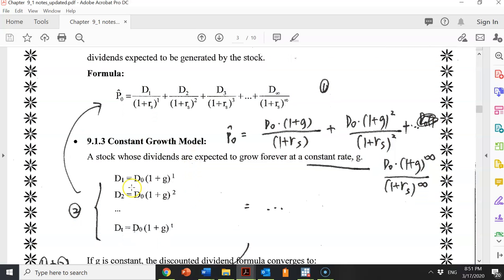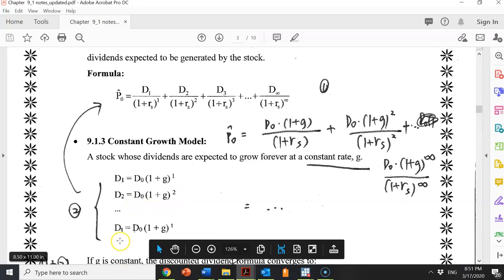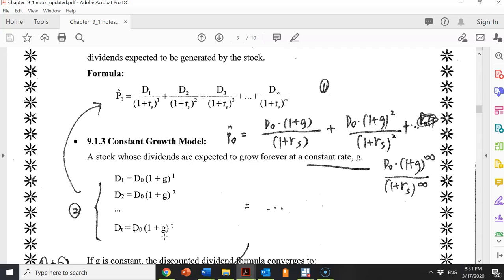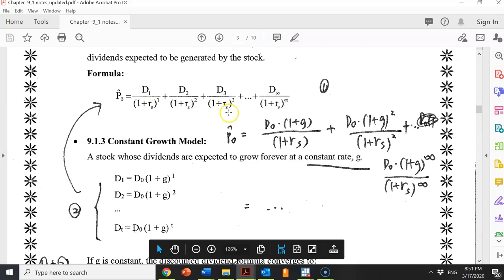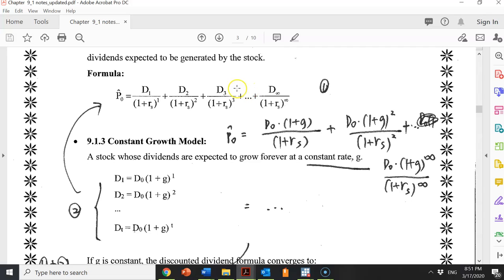If we assume that D1 equals D0 multiplied by 1 plus g, D2 equals D0 multiplied by (1 plus g) squared, and Dt, the dividend at any given time t, equals D0 multiplied by (1 plus g) to the power of t, then we know the dividends are growing at the rate of g forever. In this case, we can replace D1 with D0 multiplied by 1 plus g, replace D2, replace D3, so the formula would be